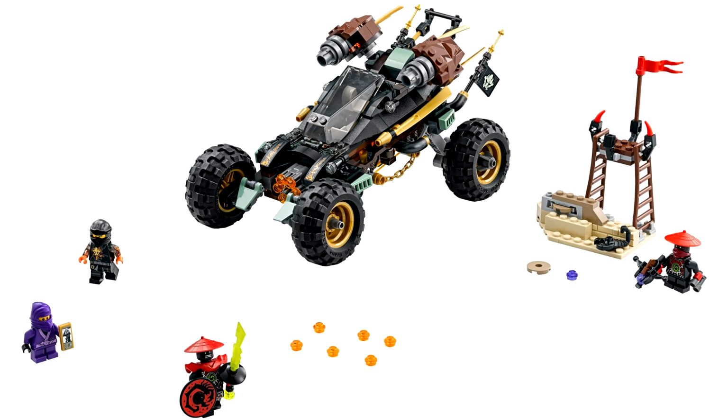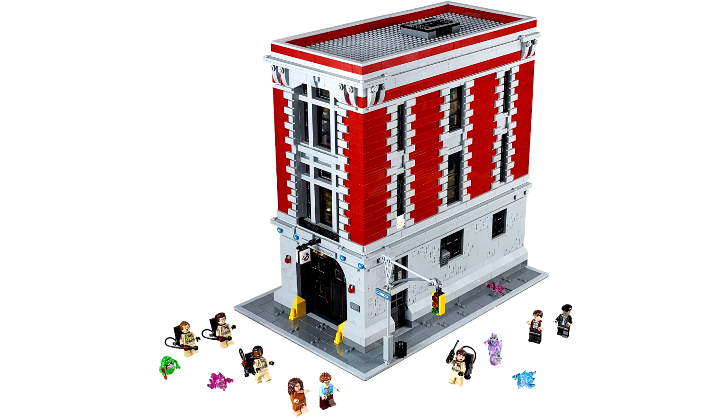At number 5, it is the Ghostbusters Headquarters. Again, just a mind-blowing set, really. Really fantastic. The detailing's so good. From the outside, it does look quite plain, but that is very accurate to the film. Apart from maybe the colour scheme, but I don't even mind the colour scheme. I think it looks good, and this is a Lego representation of it, so it's going to look slightly juniorized